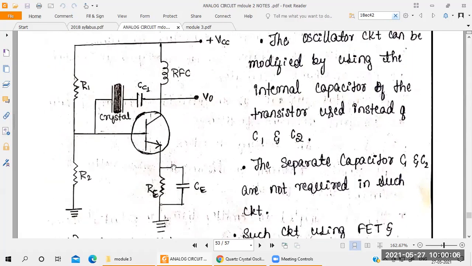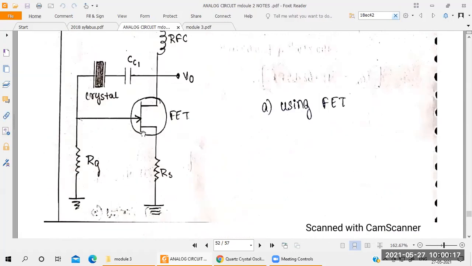So next you take BJT. Okay, in BJT what happens here? For the base, they have taken a voltage divider circuit. Here what have they taken? When the gate is connected to ground, this one is the common gate configuration. Gate connected to ground means there is no input for the gate, only a resistance is there, after that it is connected to ground. That's why the resistance is a higher value, in terms of mega ohm. For the common gate, it uses resistance values in mega ohm, not kilo or ohm. Always you have to choose the resistance in mega.